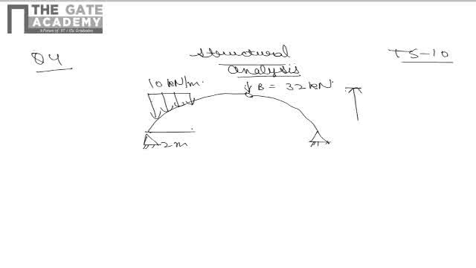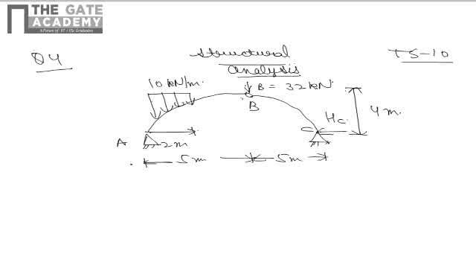which is acting at height of 4 meter, and distance of hinge from support A, this is B and this is C. BC is also 5 meter, AB is also 5 meter, and in this question it is asked that what is value of horizontal C. Now at first instance it looks that structure is statically indeterminate of static indeterminacy 1, but